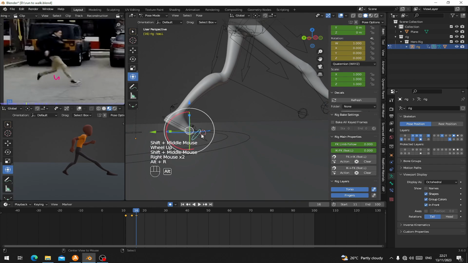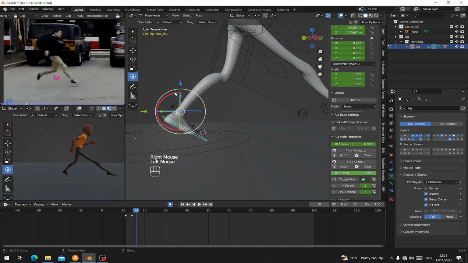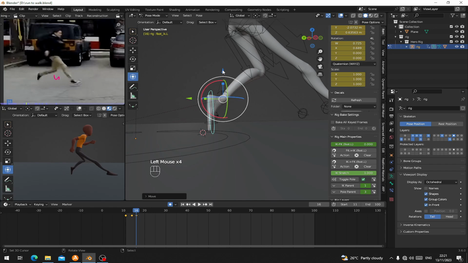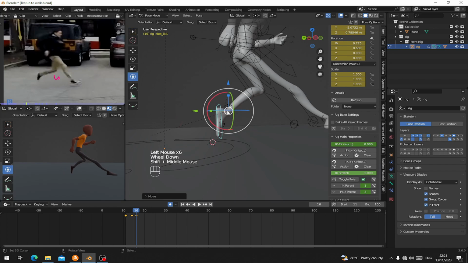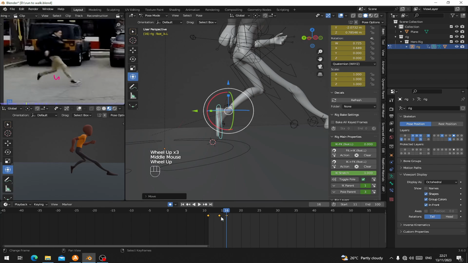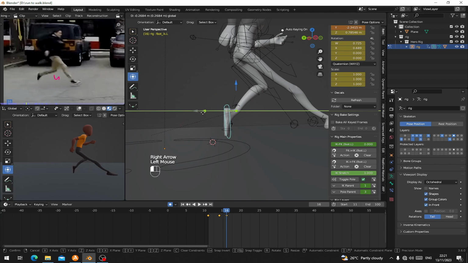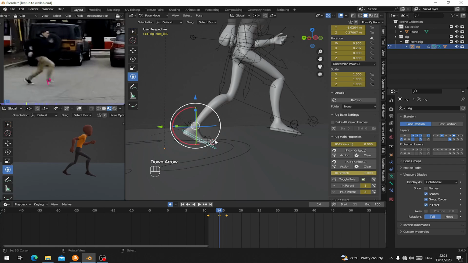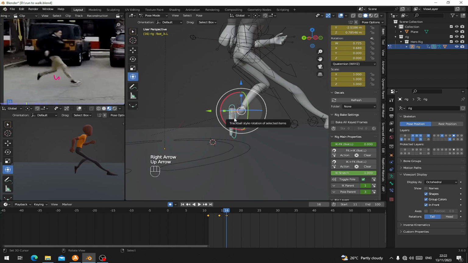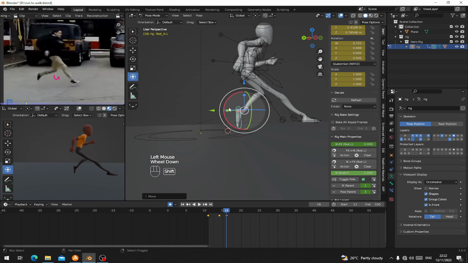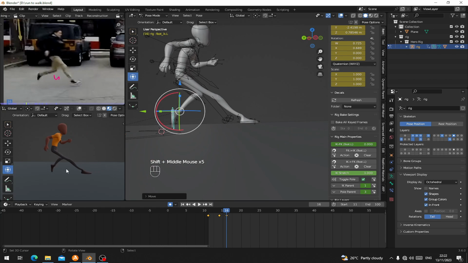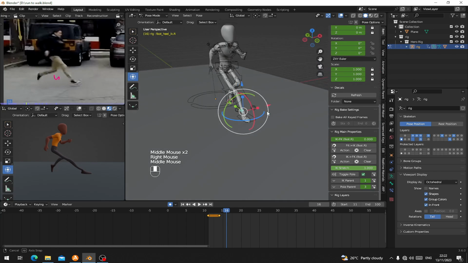Now select this, Alt plus R to reset the rotation and rotate. So here you see it moves forward, and we see here and it jumps. You see it jump from here, this here to here, so I have to move it like that. So you see from here to here is good. So let's see the distance. You see the distance from